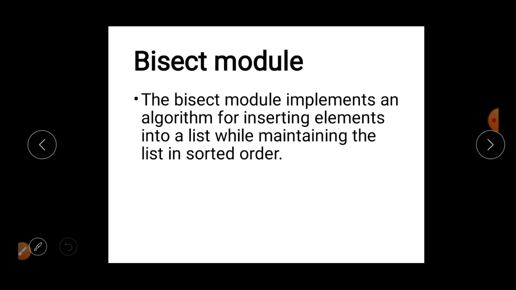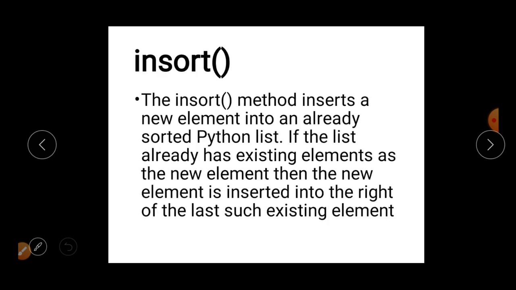The bisect module simply offers an algorithm that can be used to insert a new element in the sorted array while maintaining the list as it was previously ordered. It means if you have a list in ascending order and you insert a new element in the list, after the insertion the list is still in the ascending order. So the bisect module